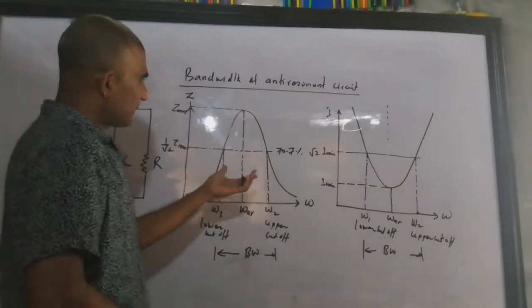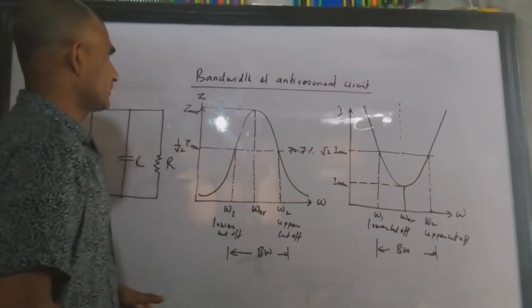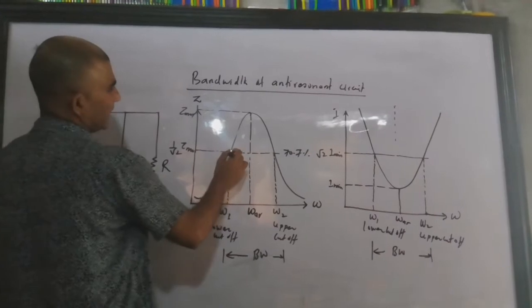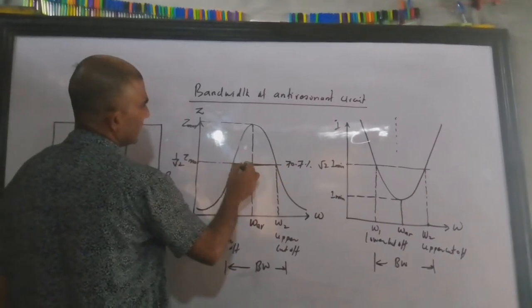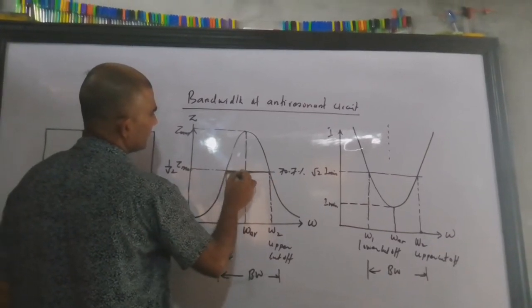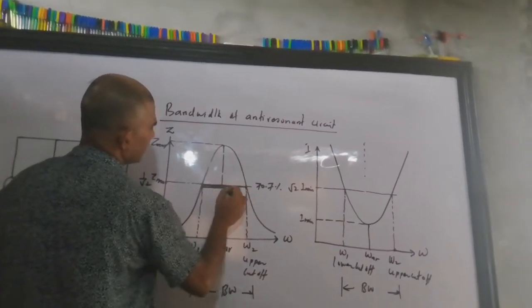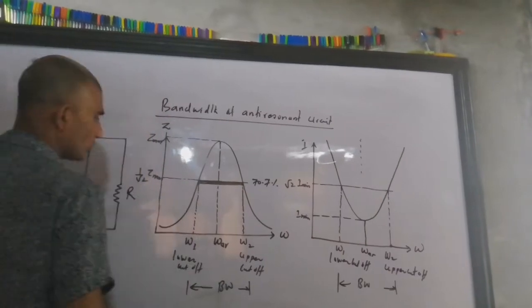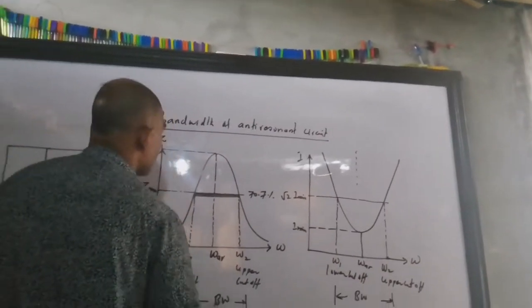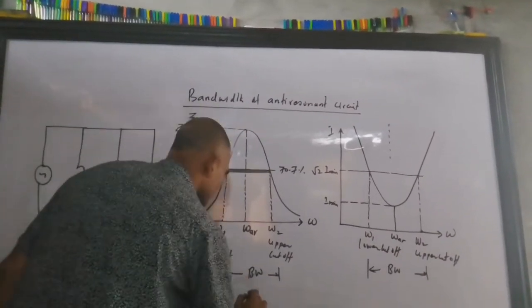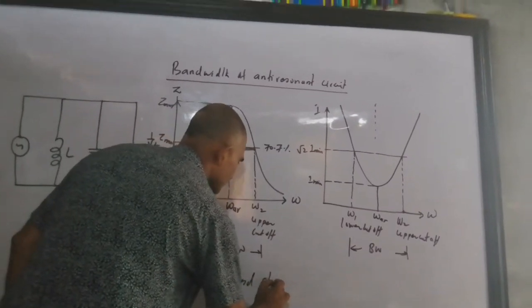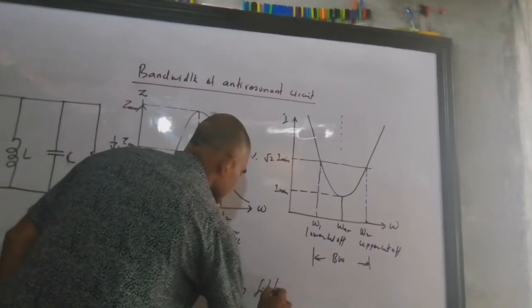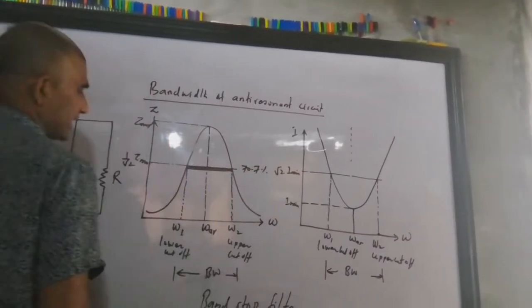So in this type of parallel LCR circuit, we see that the impedance becomes very high for a certain range of frequency. If this range of frequency is rejected by the parallel LCR circuit, we may call the parallel LCR circuit a band stop filter. Band stop filter. Do you know why? Yes, you just got the idea.